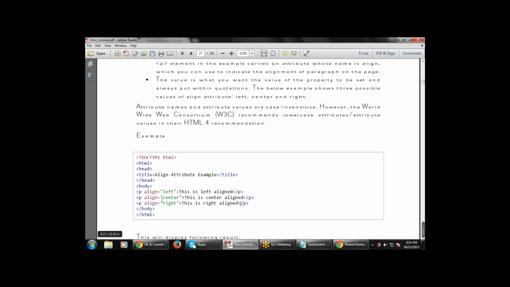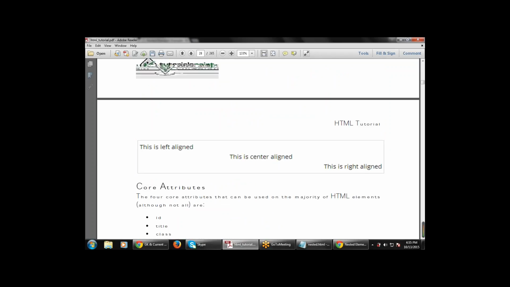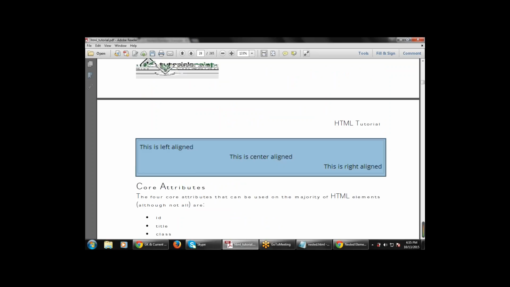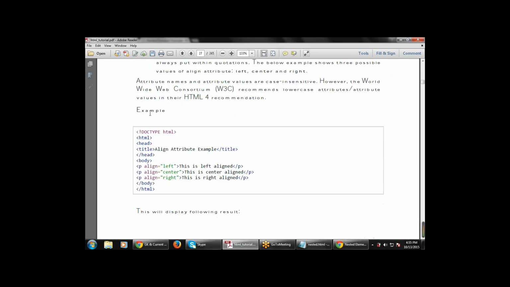So P is a tag, that is the paragraph tag, and align is the attribute name, and left, right, center are the attribute values. So the concept of names and values is clear, I think, to you, Joseph. Yes, Joseph, this program is clear to you. This is the output: this is the left align, this is the center align, this is the right align. Okay, Joseph, now if I execute this code,